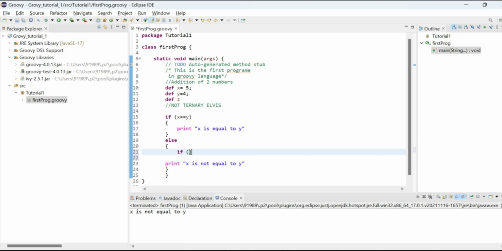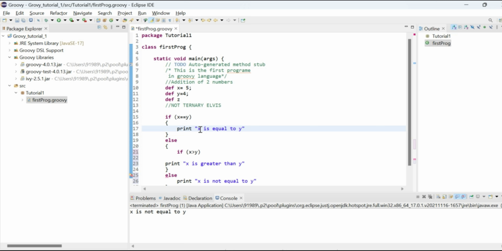So if x is greater than y, print x is greater than y, else print x is not equal to y. So in this case now it will check if x is equal to y, and it will print x